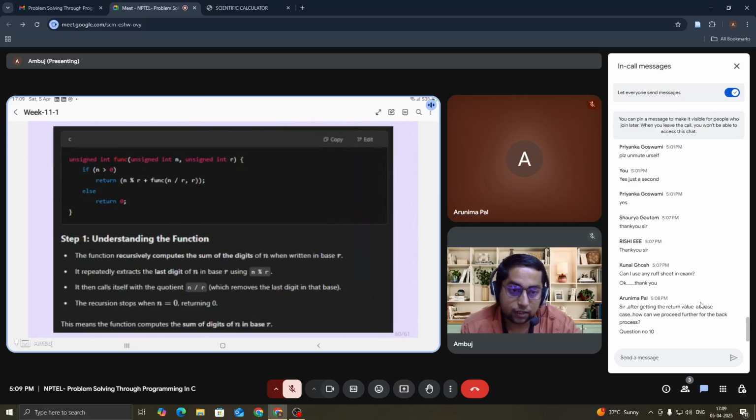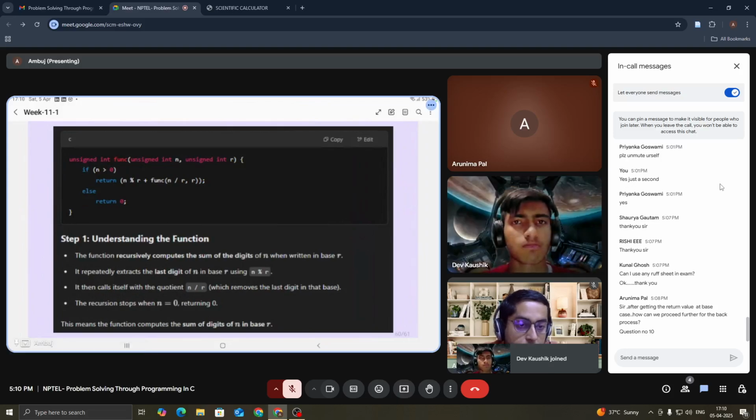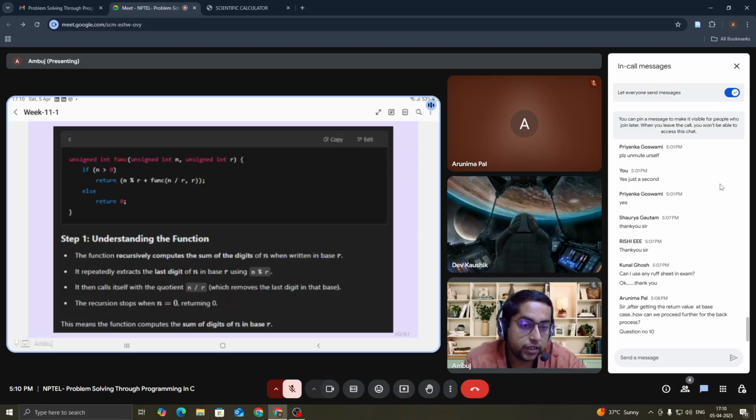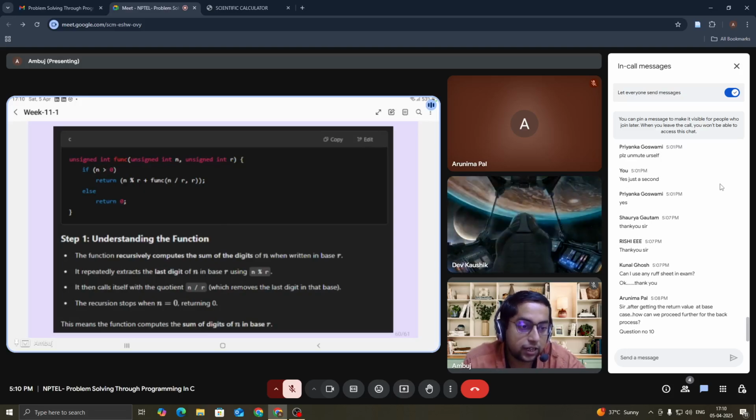513 is n, r is constant, which is 2. So 513 mod 2 is 1. And at the next step, it is written plus func n by r comma r. N by r, 513 divided by 2. 513 divided by 2 will be approximately 256.5. So 256.5 will be reduced to 256. All the remaining values after the decimal will be truncated and directly you will get